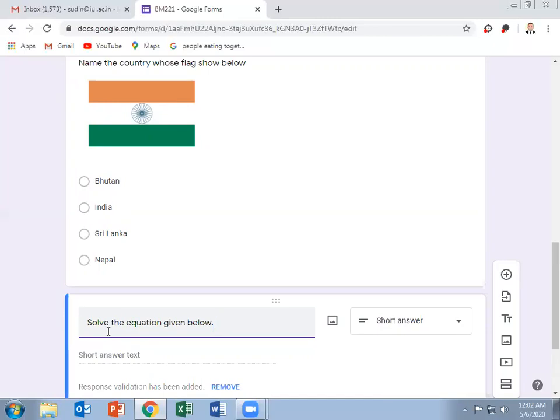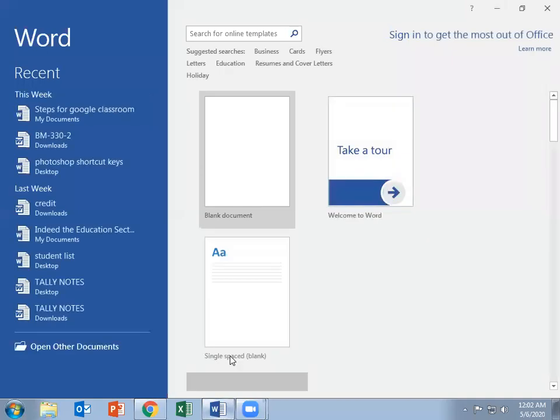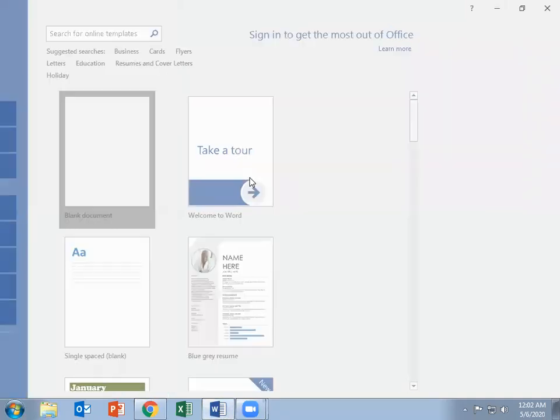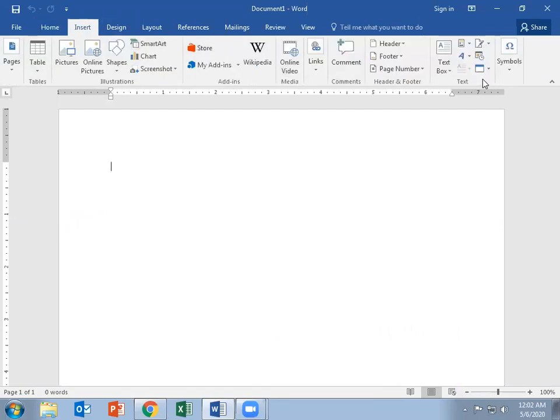How can we add some equation or complex equation in a question? It's very easy. What we have to do is click on Microsoft Word. Right, and we click a blank document, then click on insert, then click on equation.